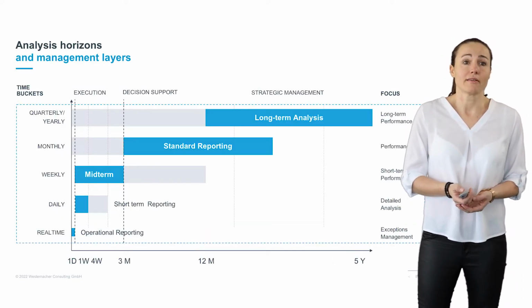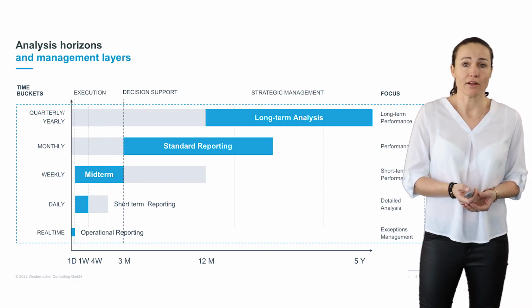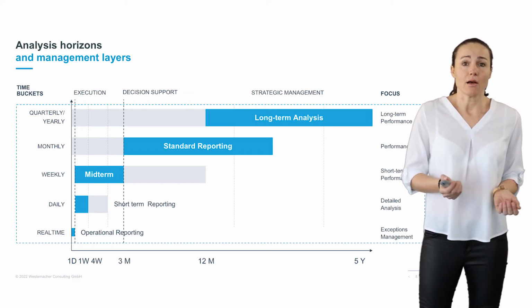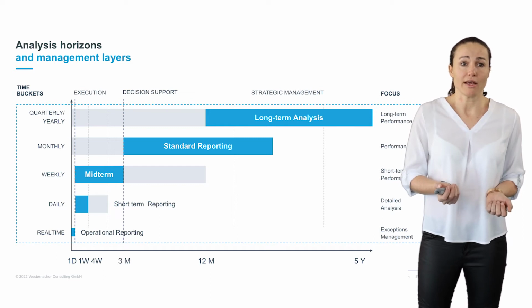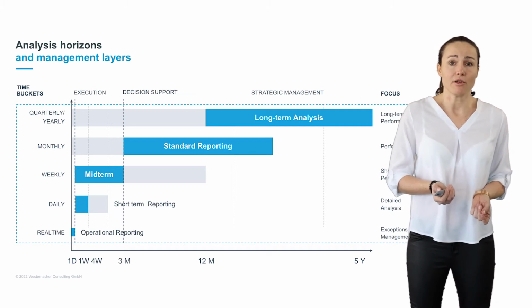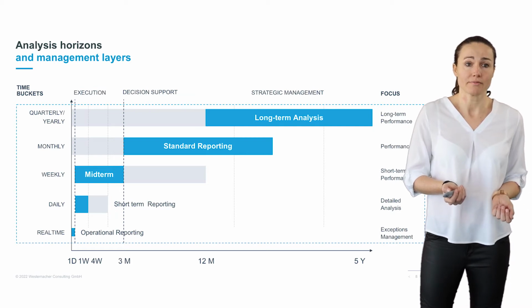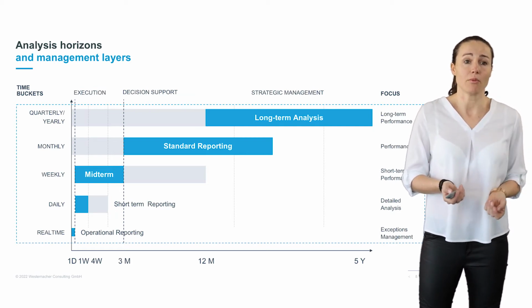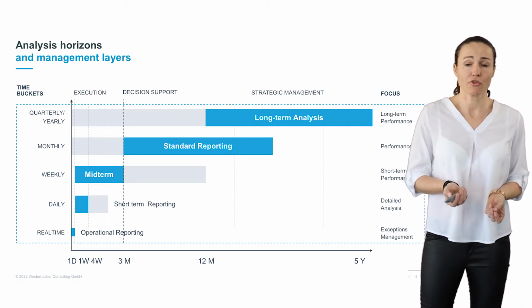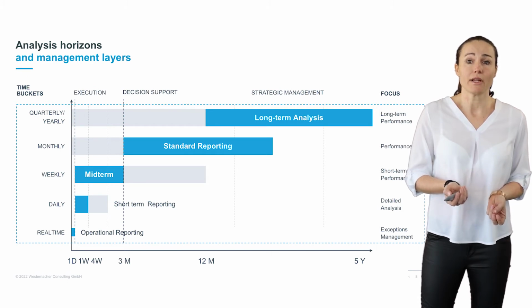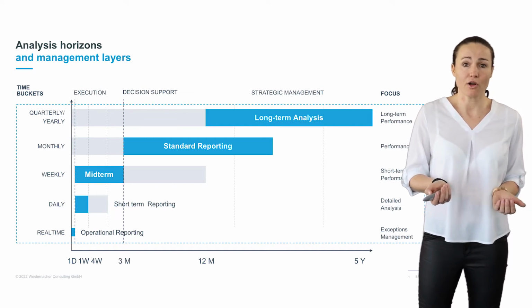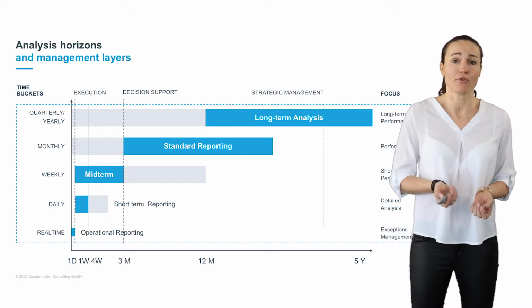So let's have a look at a timely horizon in which we have to take action to fix shortages. It clearly depends in which area you have to take the decisions. So later on, I'm going to show you 2 demos. One is called EWM Insights, and here we have focused on warehouse KPIs. So here we are more on the operational real-time reporting. But I'm going to show you also a demo called Supply Chain Performance Assurance, where we'll illuminate a complete supply chain. So here we have, of course, also a huge portion of operational reporting where we really have to take